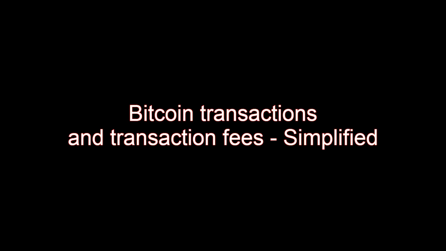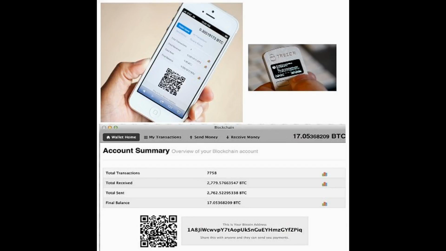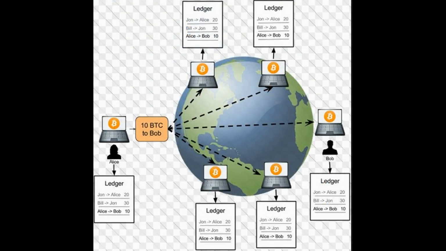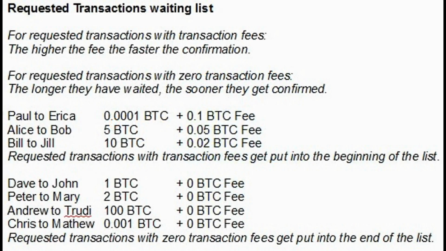Bitcoin transactions and transaction fees. A Bitcoin wallet is the interface to the Bitcoin network of Bitcoin miners. Miners listen to, list, and relay to other miners requests to send Bitcoins. The list of requested transactions is ordered with transactions having the largest transaction fees in the front and transactions with